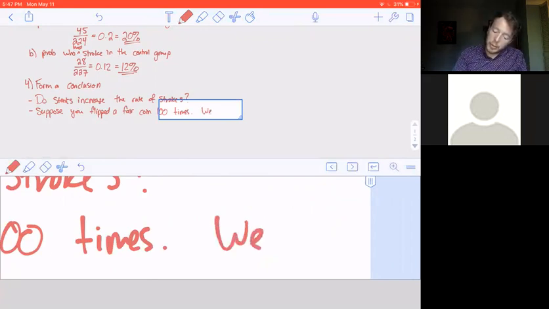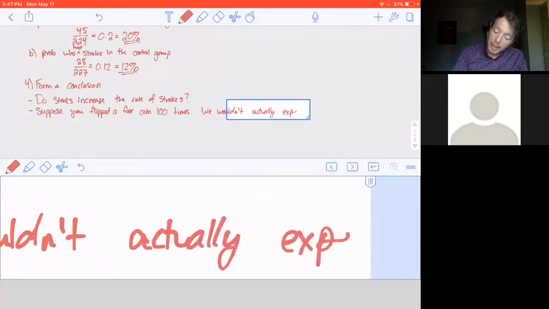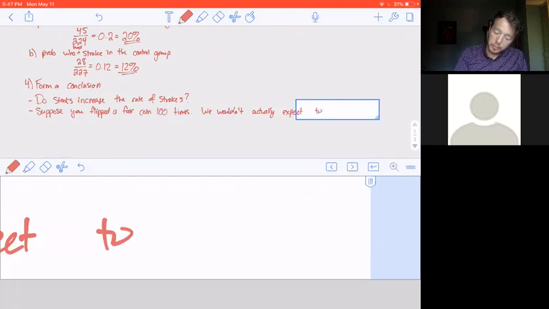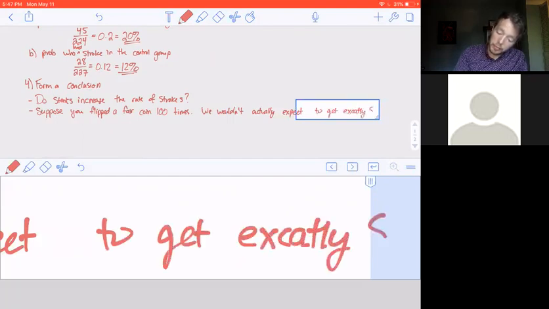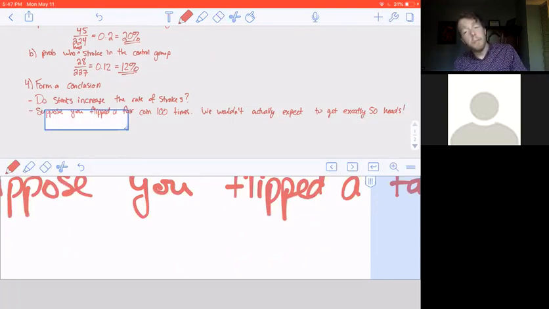We wouldn't actually expect to get exactly 50 heads. We'd likely get something around 50, but it would be completely reasonable for us to instead observe 58 heads or